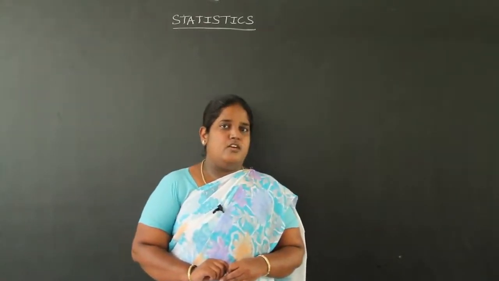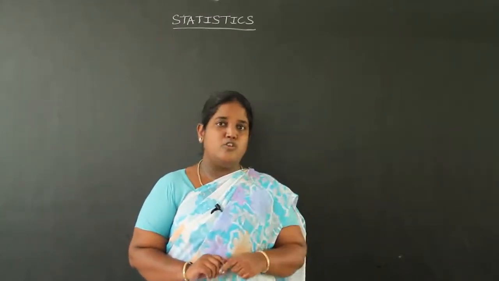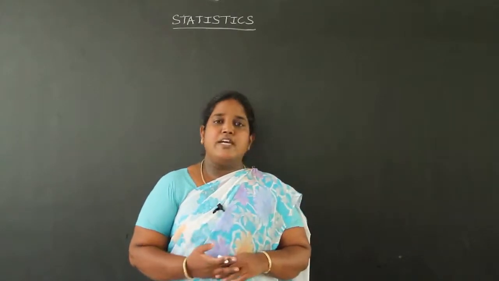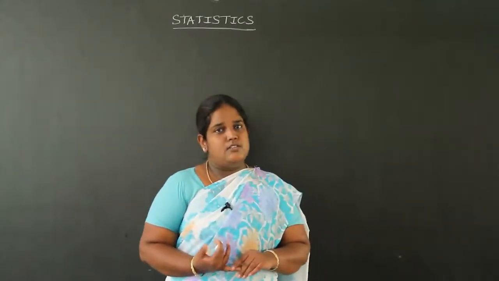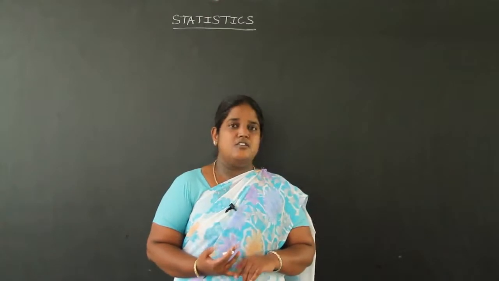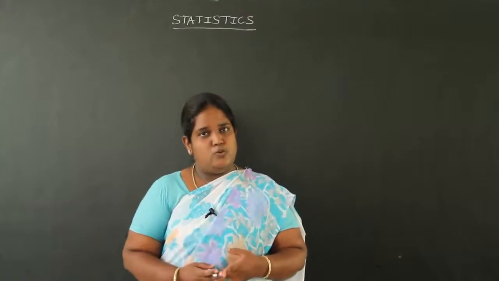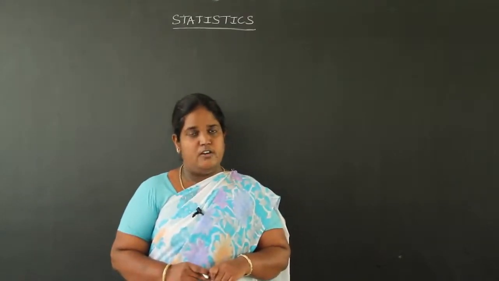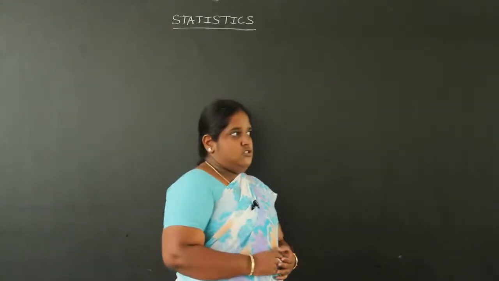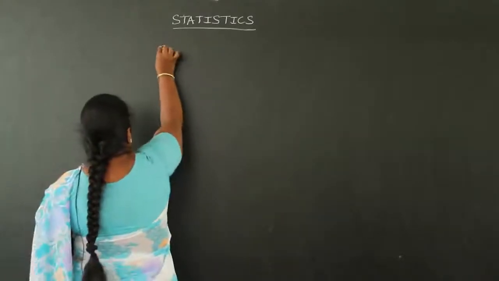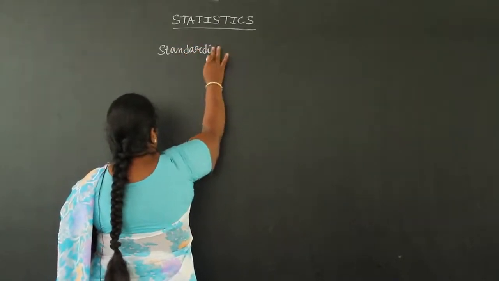In the crude death rate we were not able to compare the death rate among two populations because we were not considering the age and sex composition of the population. In the ASDR, that is the age specific death rate, though we consider the age group, we were not able to compare it because for each age group the values were different and it was not in a single figure, so we were not able to compare the death rate for two or more populations. So the next topic, standardized death rate, is the rate where we can compare the death rate of two populations.